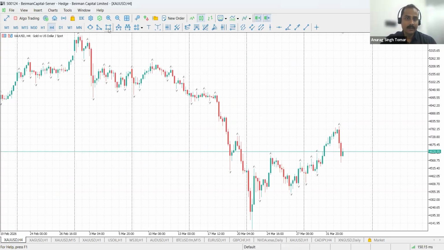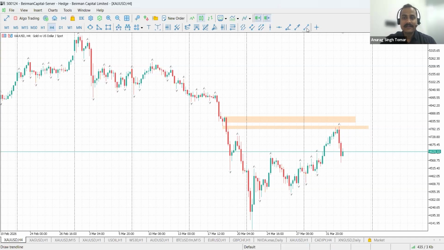See over here the zones which I'm marking. See these small green candles, which is an order block, which has still not been mitigated. And just below this order block, we have a very strong red candle, which is showing imbalance, and prices have tapped this area. So let me mark this area also over here. The SMC psychology is activated, and we have profit booking towards the downside from the same area. That is the reason I told you that this area is acting as a very strong resistance area.